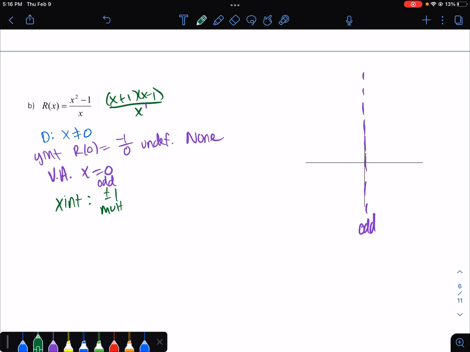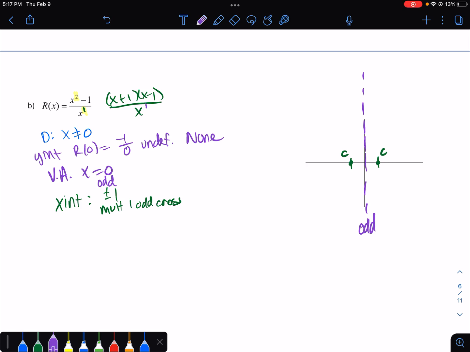They have a multiplicity of 1, so they're odd and going to cross. So at 1, it's crossing, at -1, it's crossing. Then I'm going to compare my powers, and I have an x to the first over an x squared minus 1. So then that means we don't have a horizontal asymptote, but we've got a slant or an oblique